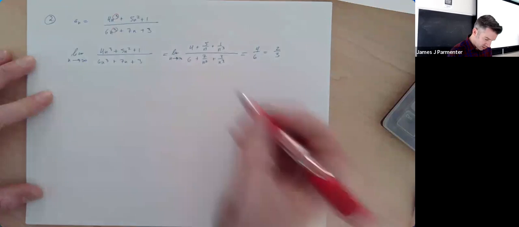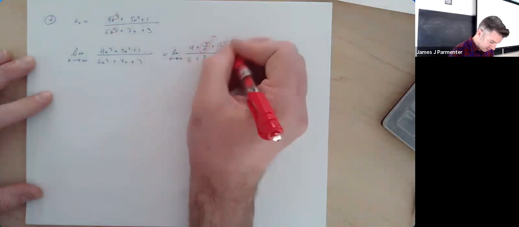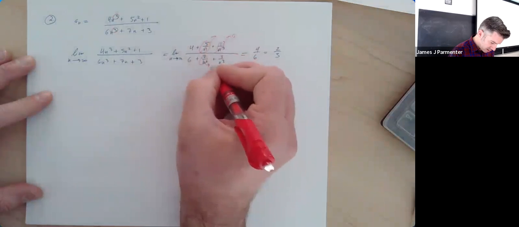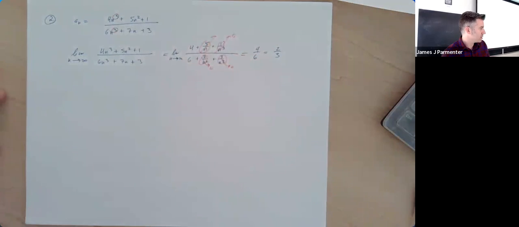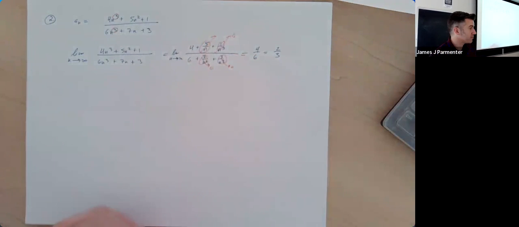And then just like before, all these things that are being divided by powers of n go to 0, and you exactly get 4/6, which is 2/3. So I thought that was just the end. So you are right. All of these questions, if I was being asked about the convergence of the series, I